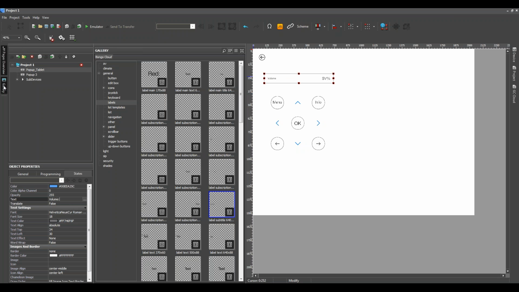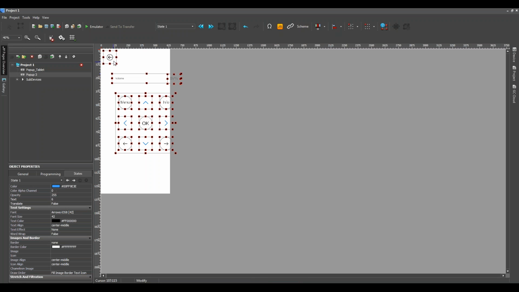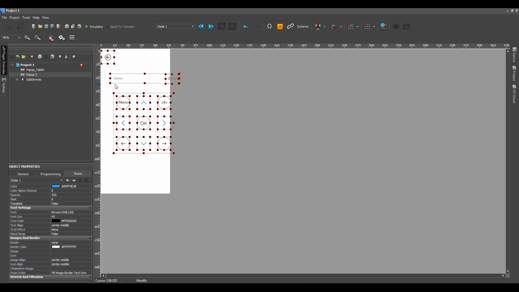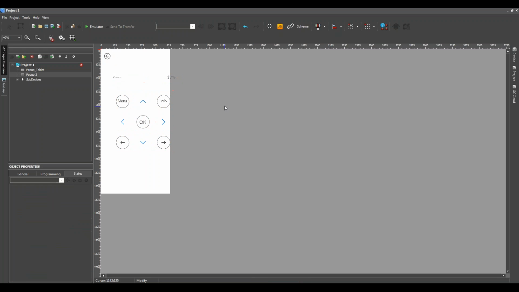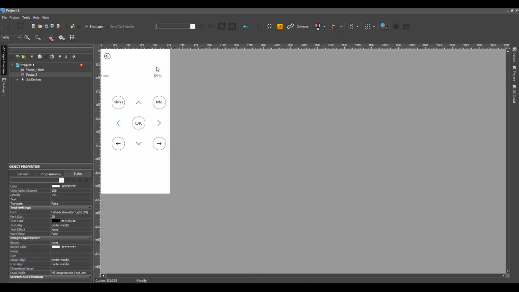Okay, now let's copy all controls and paste them on my second remote for smartphone. Okay, here it is.